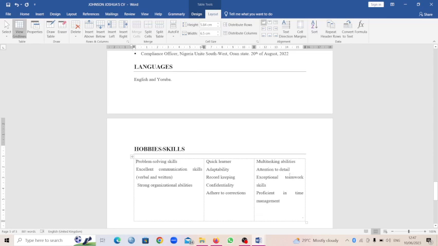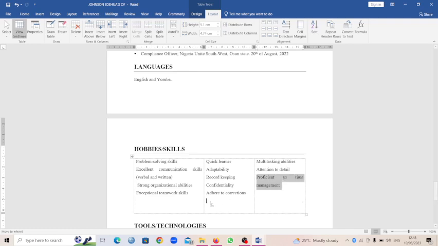Multitasking, attention to details, exceptional teamwork. You understand why I'm bringing those long sentences to this table? Because I've made this column wider, so it's easier to see them once and for all here.